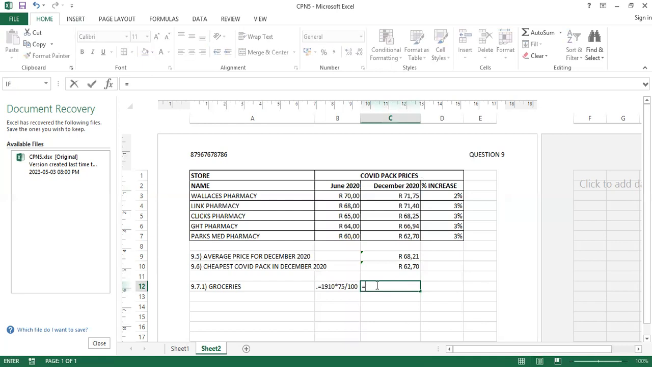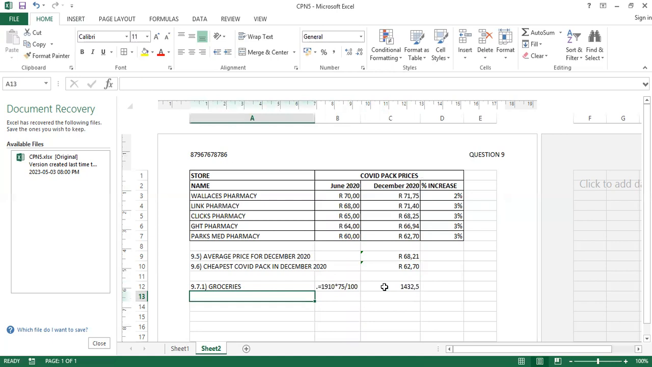So we can just retype the formula this time without the dot before the equals sign. Just 1910 times 75%, which equals your answer for 9.7.1 for grocery. And then they also said you must calculate for medicine. So same thing with medicine. And for medicine, we use the dot again, and we say equals